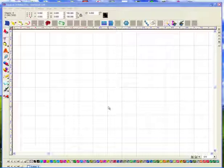Everyone, this is Joseph over at Synergy 17, and in this tutorial I want to show you something really simple, really basic. It's what I usually do when I first set up a cutter, and that's create a basic file for sending to the cutter to test your speed, your pressure, your blade height, just to make sure